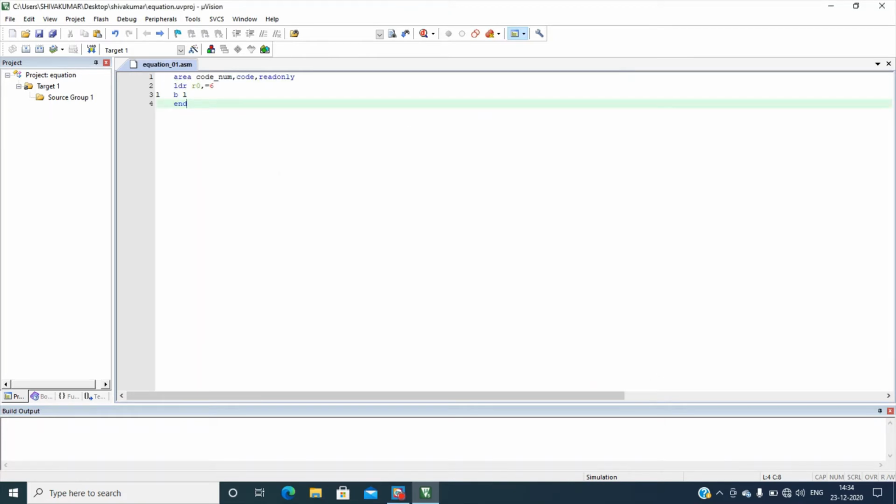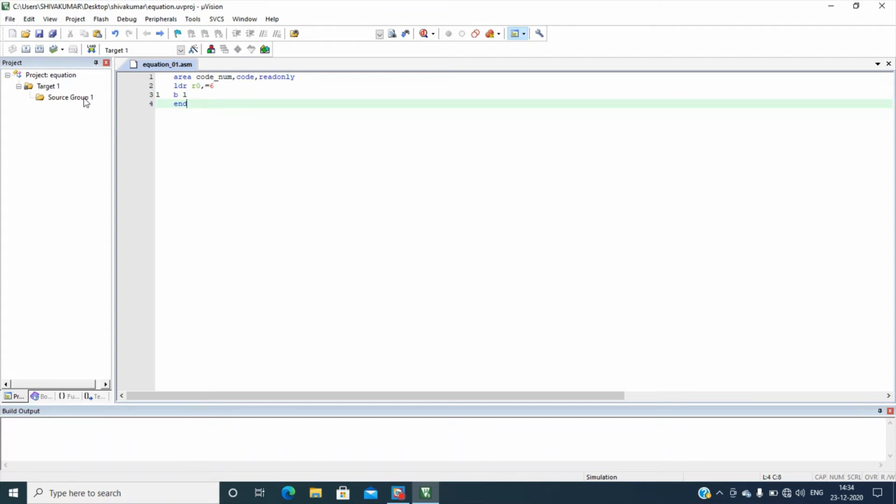Now you can see there are colors on the words. Those are all instructions whose meaning is already known to the compiler.